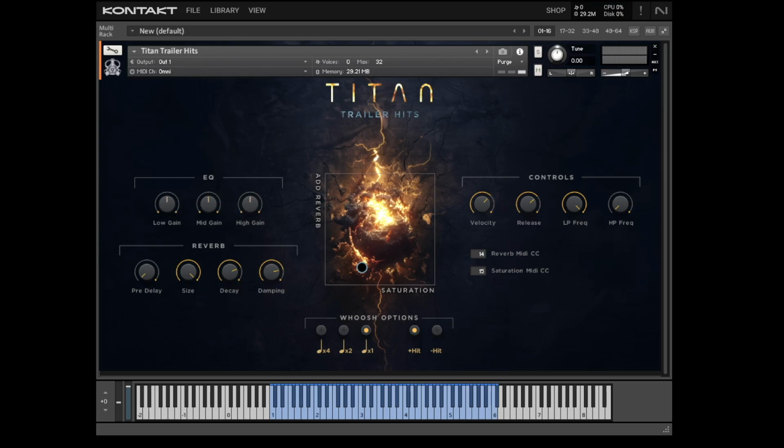So let's just go through some of the sounds here. I'm going to keep it fairly dry. I'll leave it somewhere around there. And then with the short whoosh, with a slightly longer whoosh, and with the longest whoosh. If I turn that hit off,